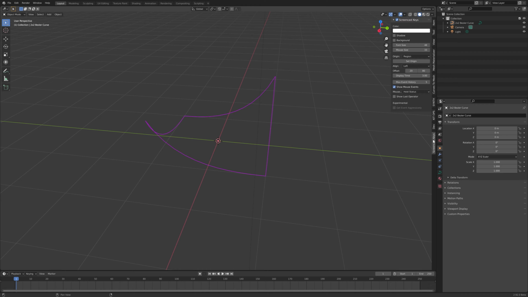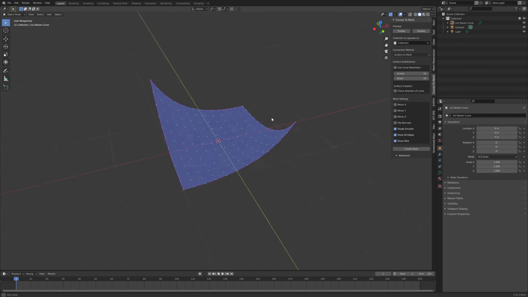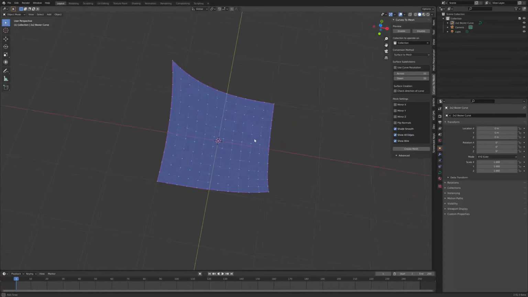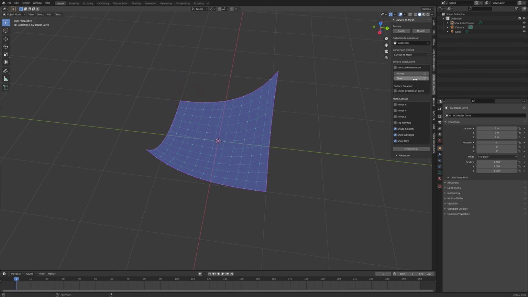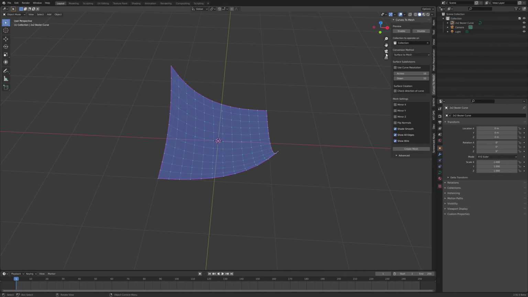If I go to the Curves to Mesh panel and click Enable, you'll see a preview of the mesh that's going to be created, as I've talked about before. There are a few settings to talk about here. The first setting is the collection to operate on. By default, Curves to Mesh will operate on all the curves under the default collection, which is simply called collection. If I were to create a new collection here and call it curves,